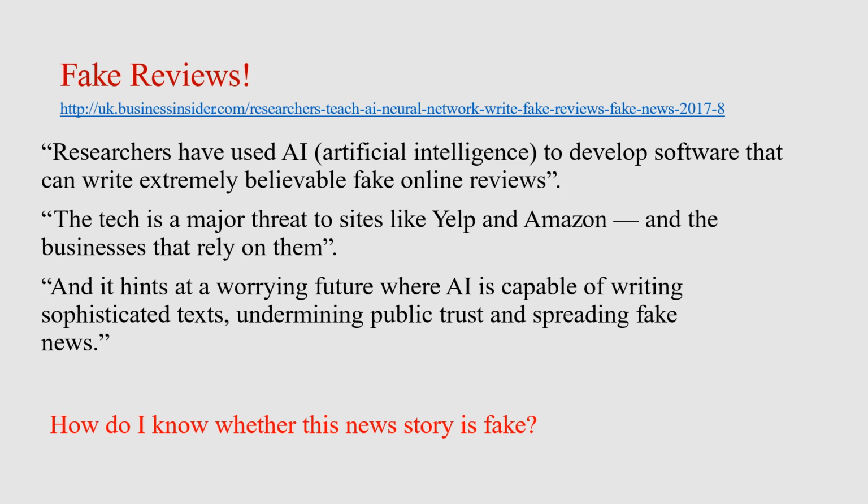The tech is a major threat to sites like Yelp and Amazon. That is the artificial intelligence and the writing of these extremely believable fake online reviews and the business that they rely on. So these fake reviews are a threat to Yelp and Amazon. And it hints at a worrying future where artificial intelligence is capable of writing sophisticated texts, undermining public trust and